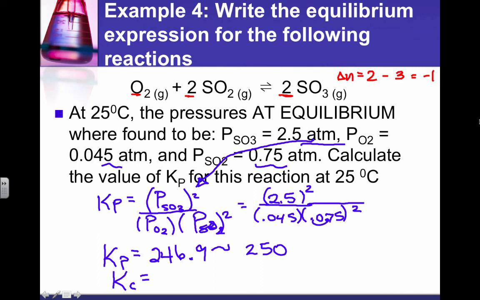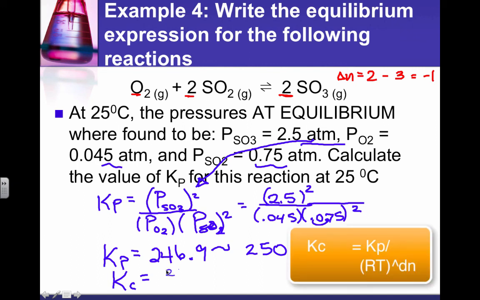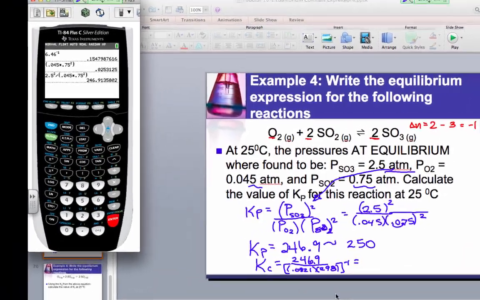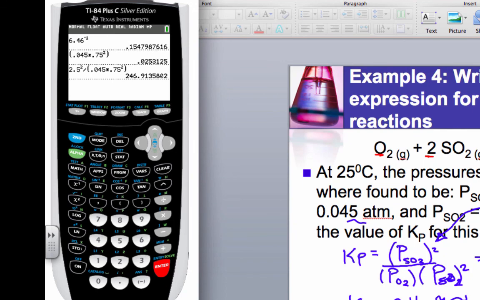All right, so I'm going to have Kp divided by R times T, 0.0821, times the temperature in kelvins. So we had 25 degrees Celsius, so that's 298 kelvins. And this part, the denominator, has to be raised to the value of -1, or the value of delta n. So let's get our calculator out and do this math. So I'll take my answer and divide that by,